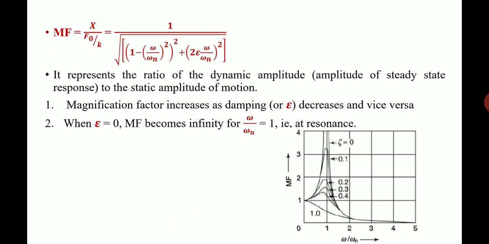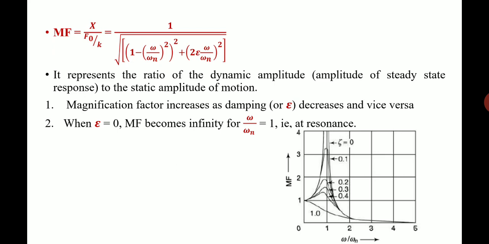And when epsilon is equal to 0, that is when there is no damping at all, and omega by omega n equal to 1, which means the frequency of the forcing system is equal to the natural frequency, that is a case of resonance. At that point, the amplitude reaches its extreme condition, that is its maximum value. This is called resonance. That is shown as the highest peak in the figure when omega by omega n equal to 1 and epsilon is equal to 0. The magnitude will be infinite. The value of the magnitude will be infinity. So that is a case of resonance.